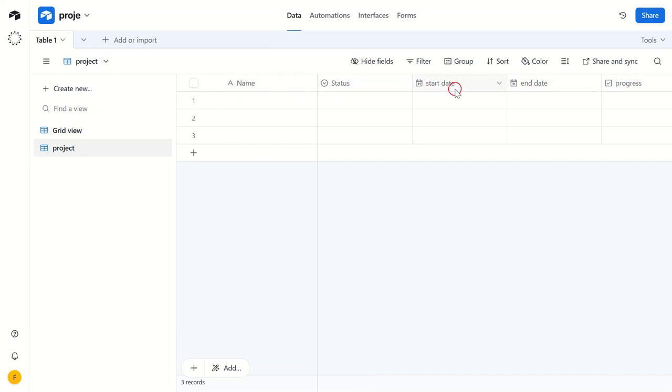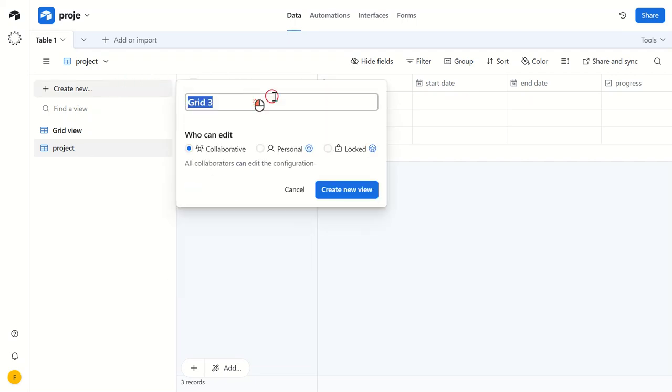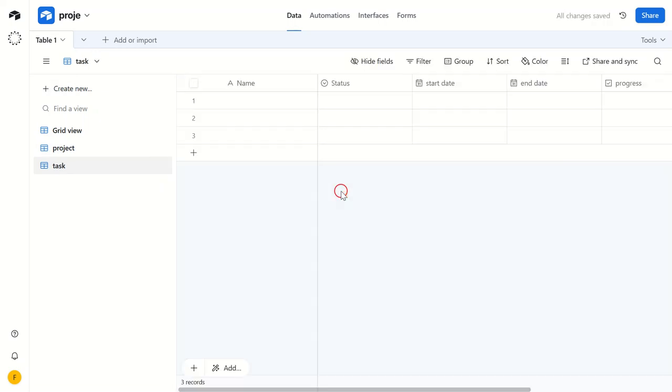Next up, let's add another table named Tasks. This will help us break down each project into manageable parts. In this table, create columns for task name, project, assigned to, due date, and status. The reason we do this is to keep track of individual tasks, their deadlines, and whom they're assigned to, improving